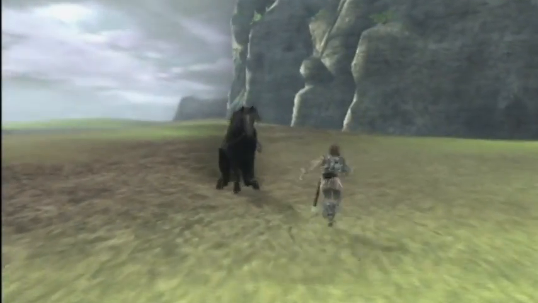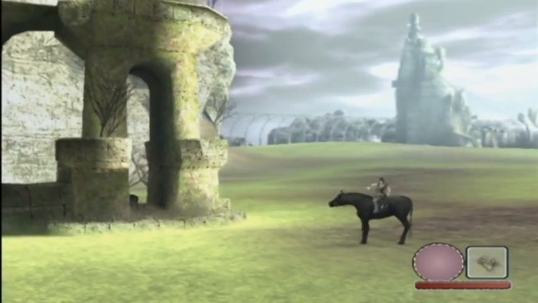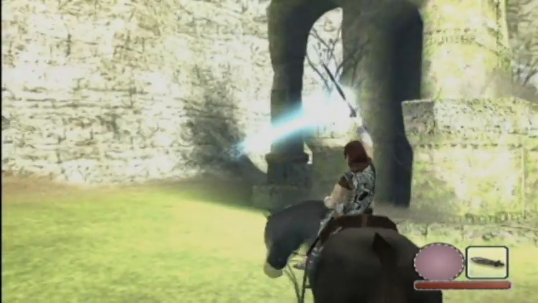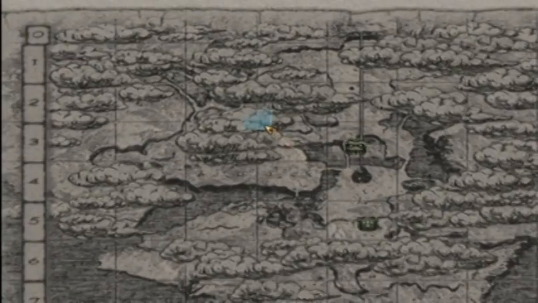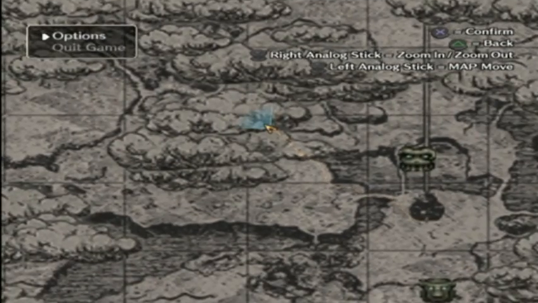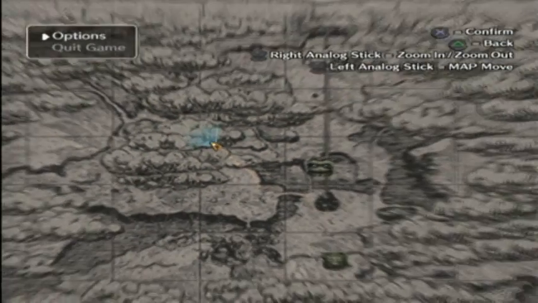There you are. Alright. Now let's see where we're going. Raising that grip meter will definitely help, especially later in the game. It looks like what we're going to want to do, I believe... Let's check the map here. I believe we go through there, but I'm not positive. So...